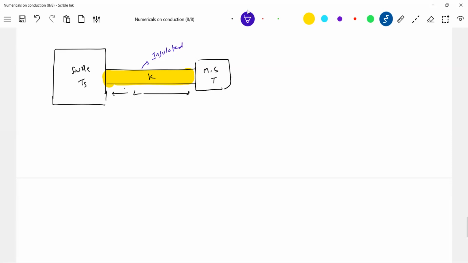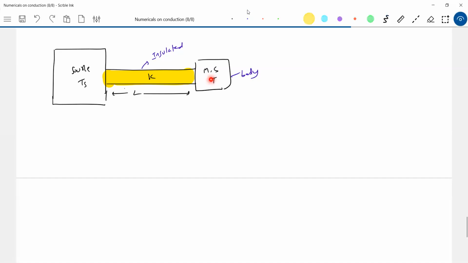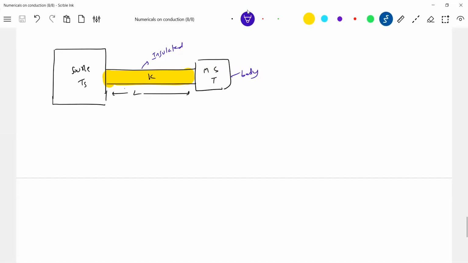At T equals 0, the temperature of this body. This is source. So source means what? Temperature will not decrease. Though it loses heat, temperature will not decrease. Already we know. It's a body, thermal conducting body. So the temperature of this body, as it absorbs heat, as it acquires heat, will gradually increase. So I'm just interested like, what is the expression for temperature of this body as a function of time? At T equals 0, the temperature of body is T1 or T naught if you want to write T naught.